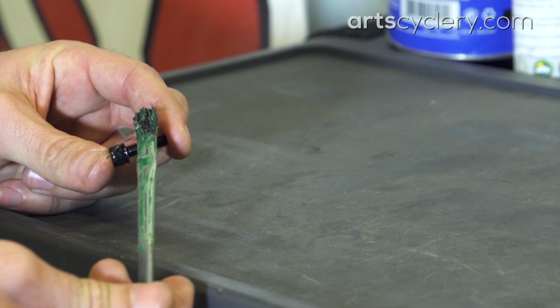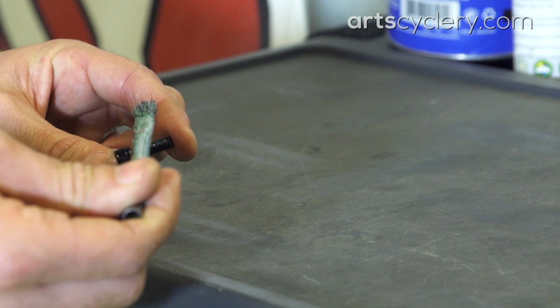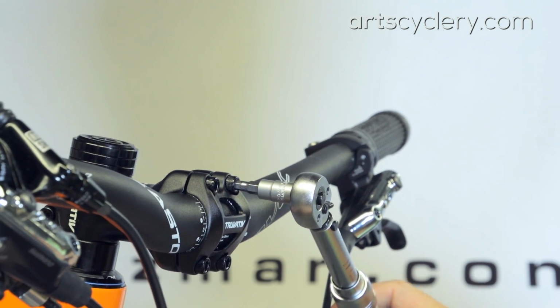offer some general guidelines. Mechanics often use grease on bolt threads to protect the threads inside a component while also preventing bolts from seizing to the component. While both of these things are important, you have to keep in mind that a greased bolt takes less torque to apply a given amount of clamping force. This means that if you torque the bolt to spec, you run the risk of damaging the component. So if the manufacturer specifies to install the bolt dry, with grease, or with Threadlocker, you want to follow those